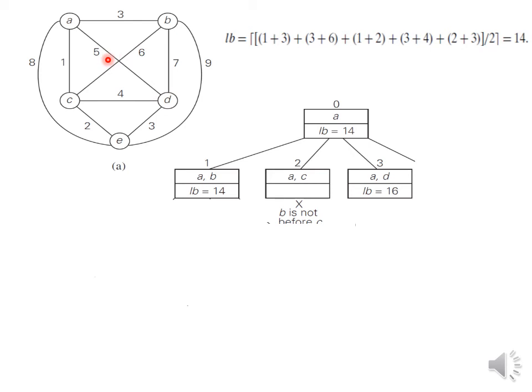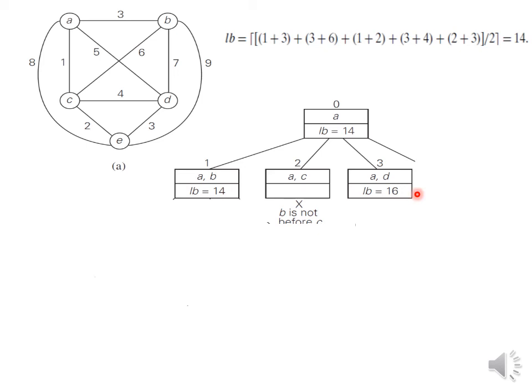This cost is 5. Now while computing the lower bound, what we have to do is this edge mandatorily we have to consider. So for A, the contribution is from 5 plus 1. For B, the minimum are 2 and 6. For C, minimum are 1 plus 2. For D, mandatorily let us take 5. Then select any minimum, that is 3, 4, 7. So 3 is the minimum. So 5 plus 3. And for E, it is 2 plus 3. Overall, sum it up, divide by 2. The value is 16.